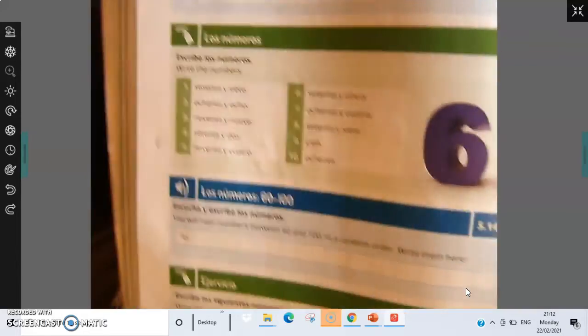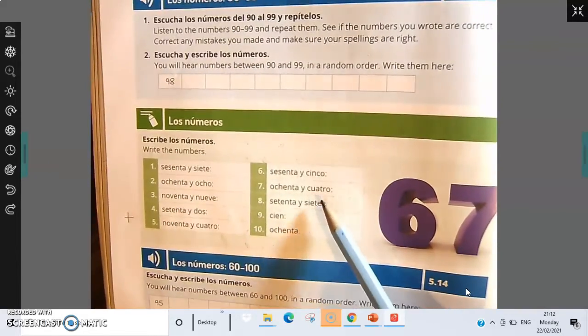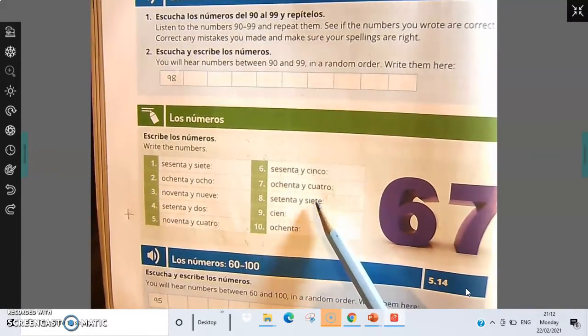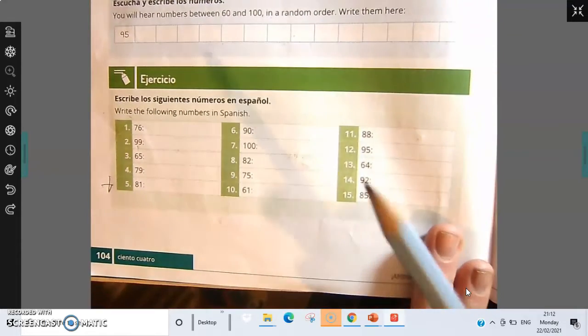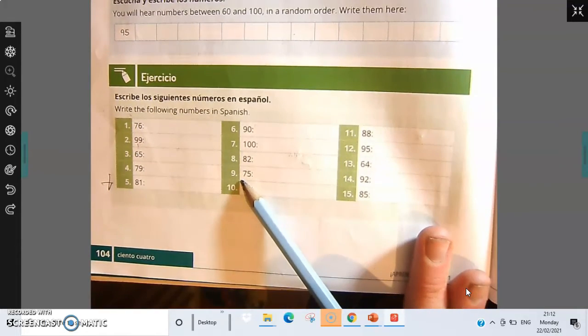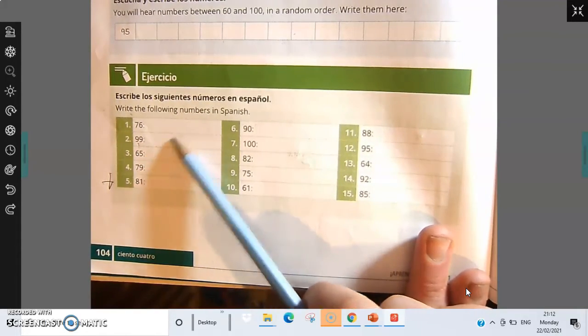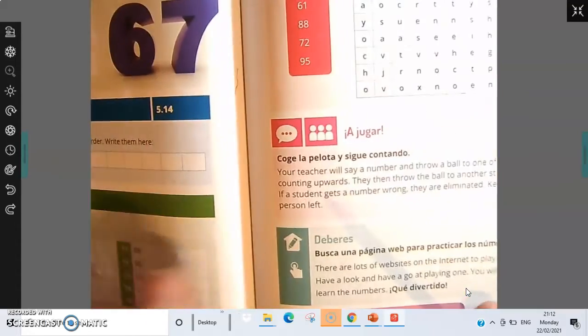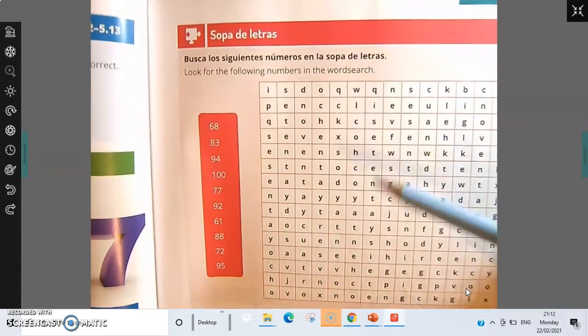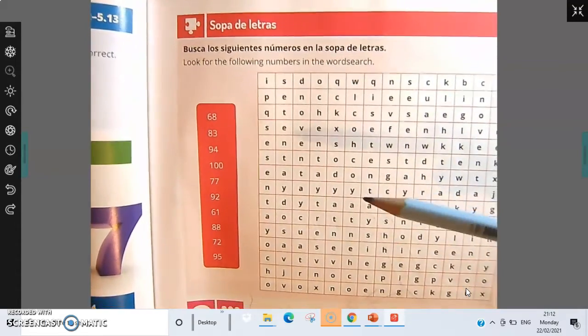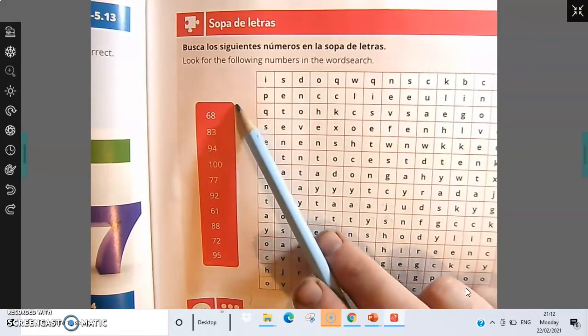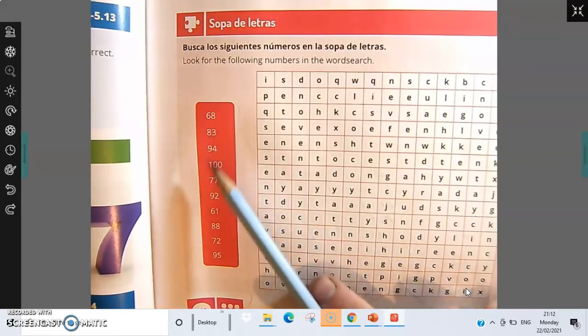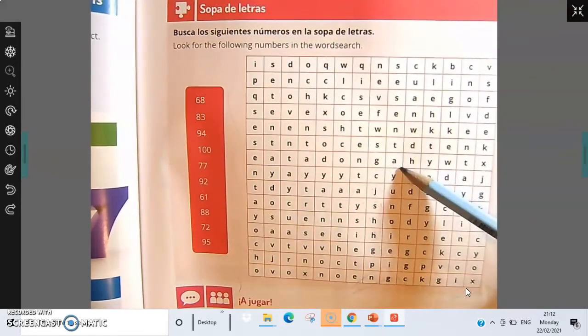So your 3 things I want you to do are, primero, first of all, write these as figures. That'll take you no time at all to do. Segundo, write these as words in Spanish. Okay, so remember 99 is going to be noventa y nueve. Just write them into the book. And the last thing is to go through the sopa de letras, your word search here. Write the words first down here or into your cuadernos, into your copies, and just fill them in here. Is that okay,